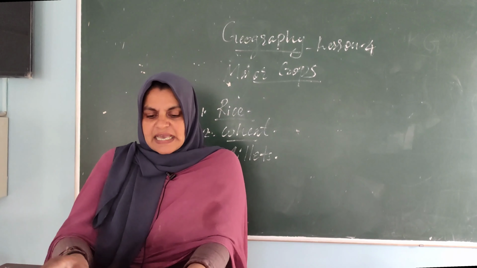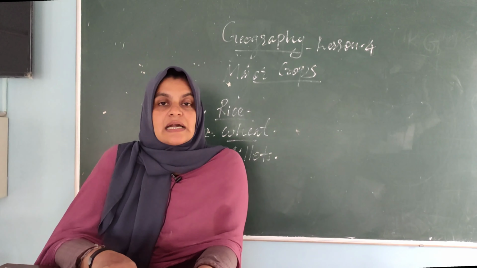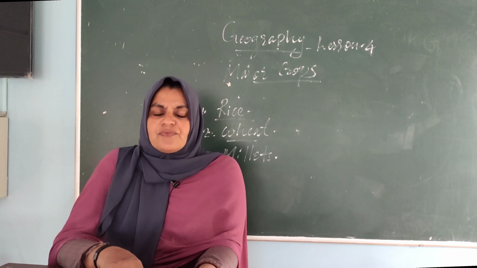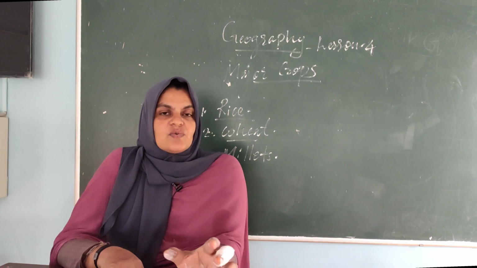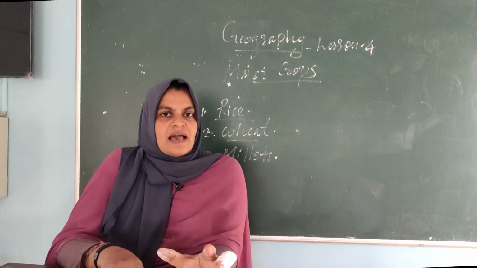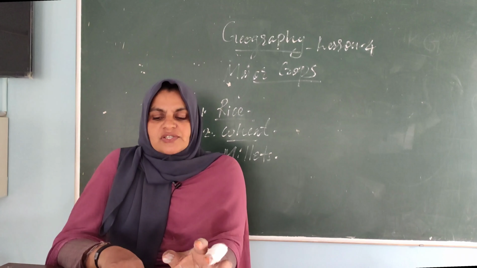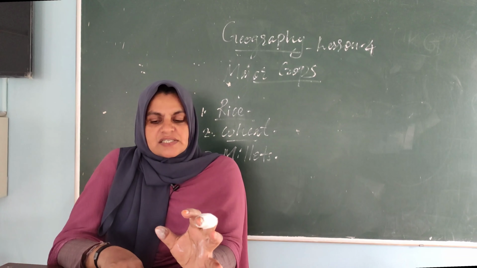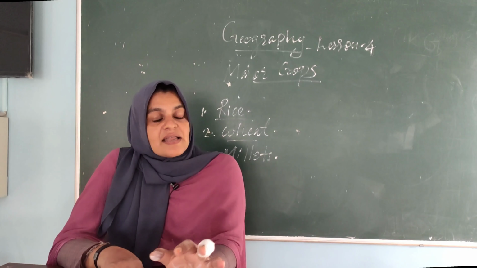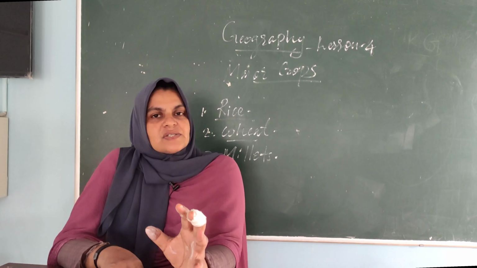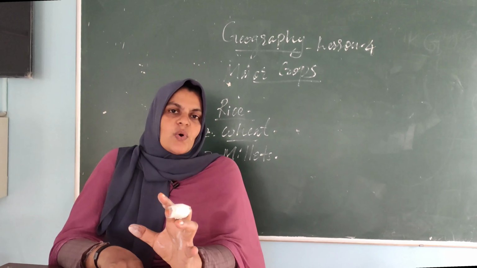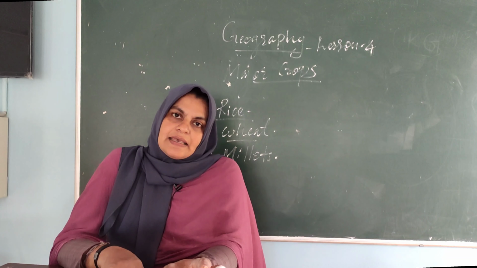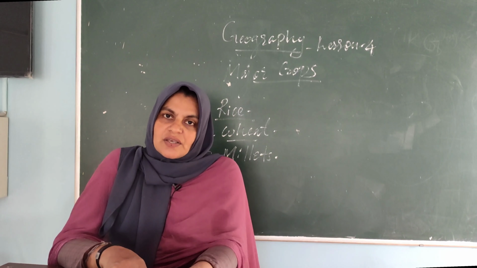Another important thing about ragi is that it is a crop of dry regions. In dry regions, ragi can grow well, and also on red soil, black soil, sandy soil, loamy soil and shallow black soil. These soils are all favorable for the growth of ragi. My dear children, I think you got it.